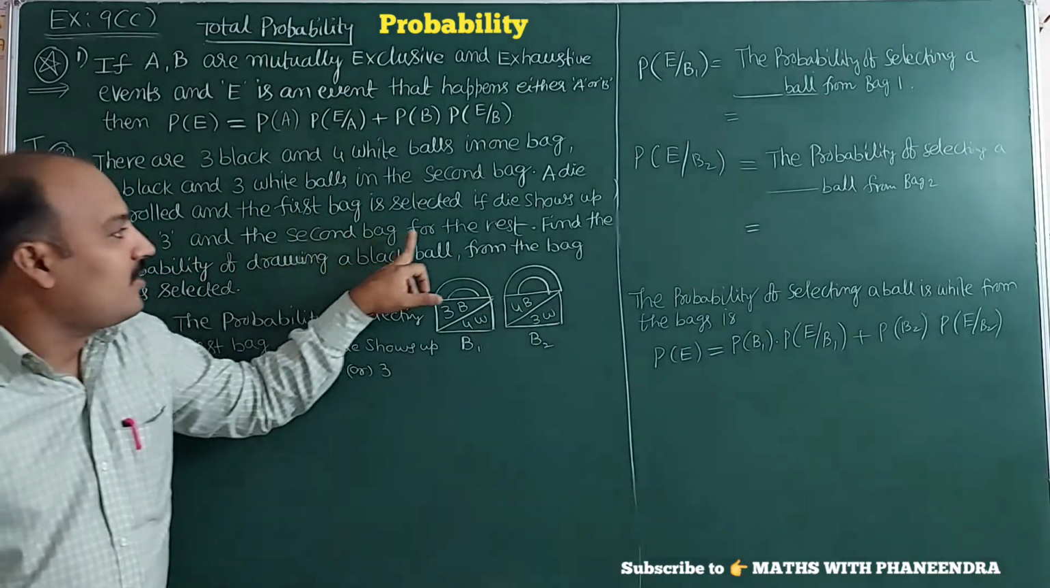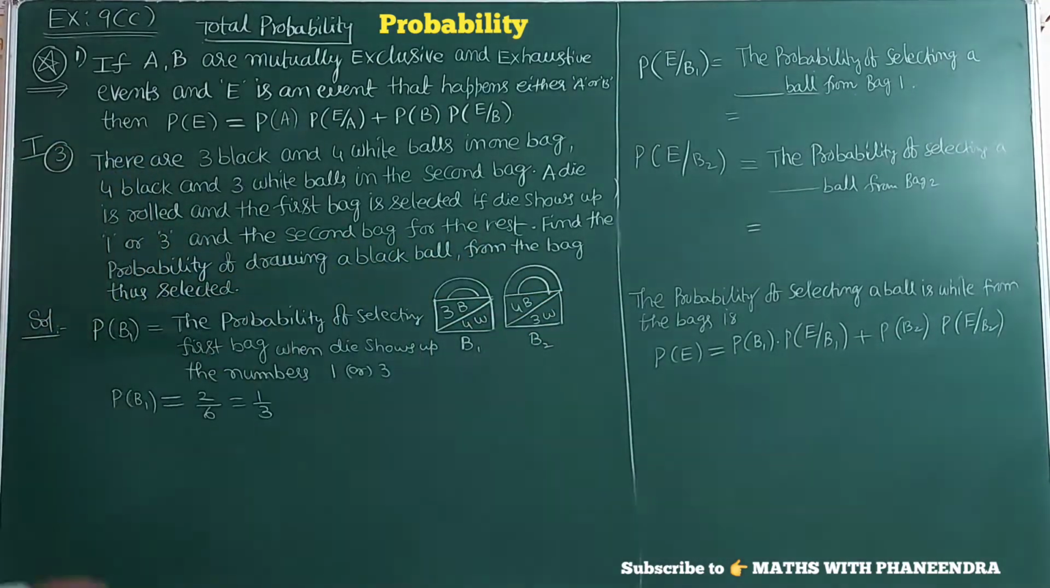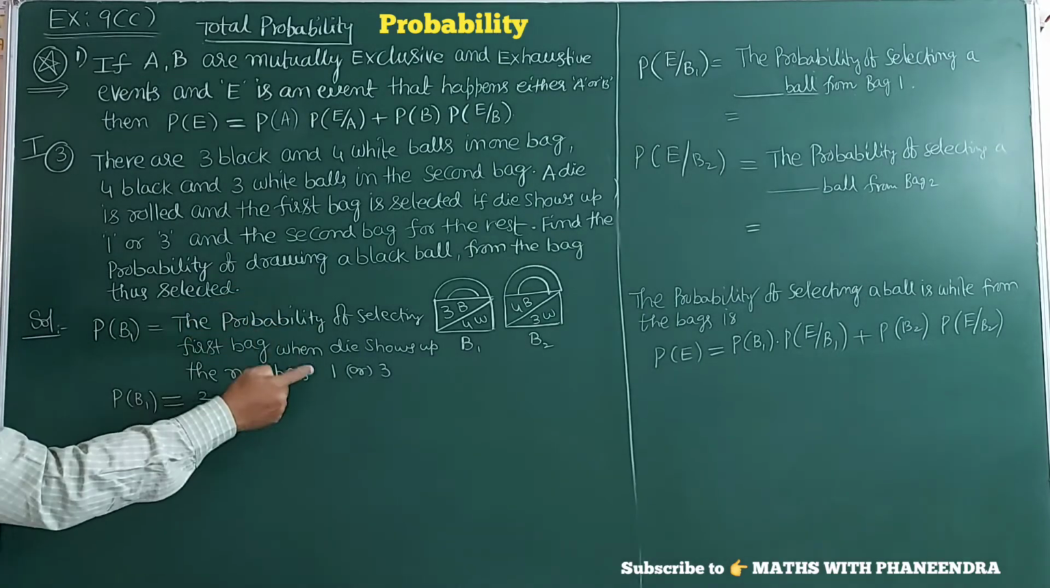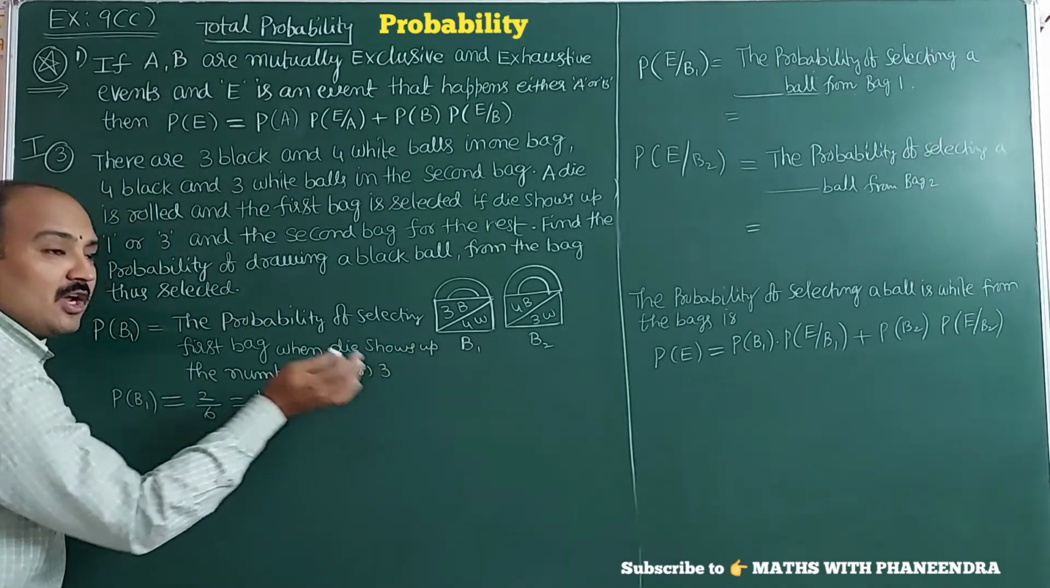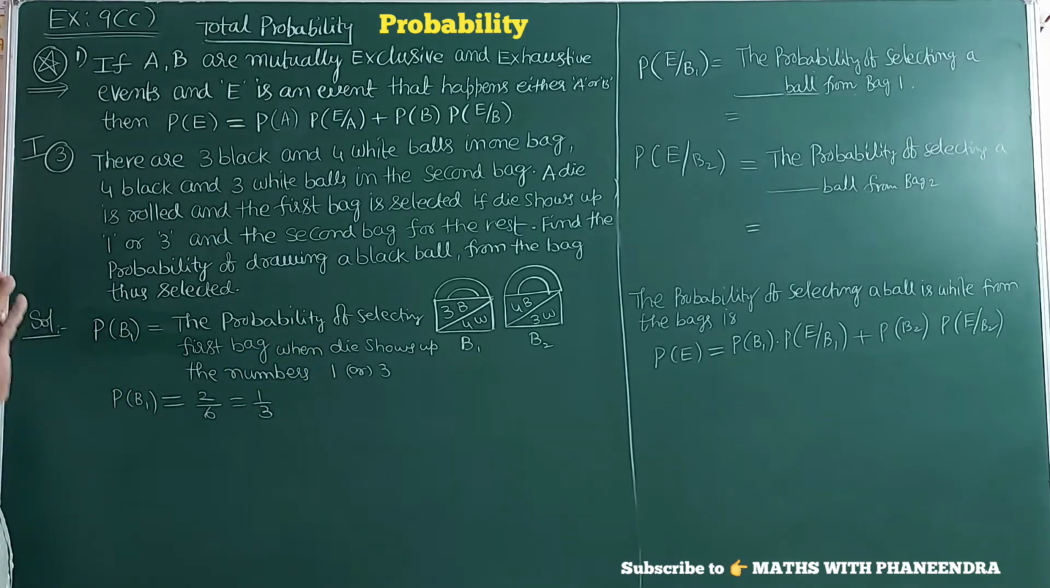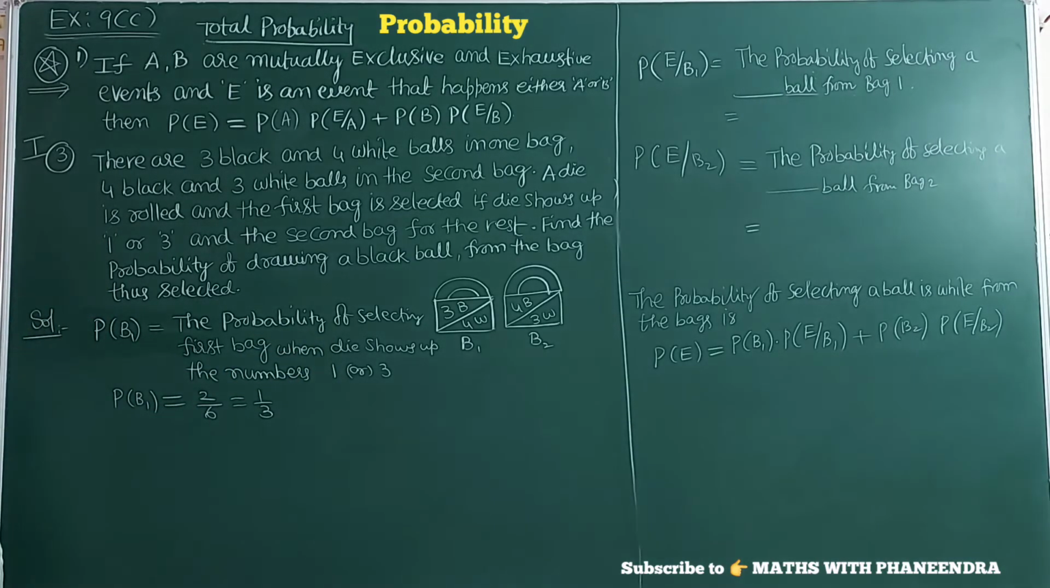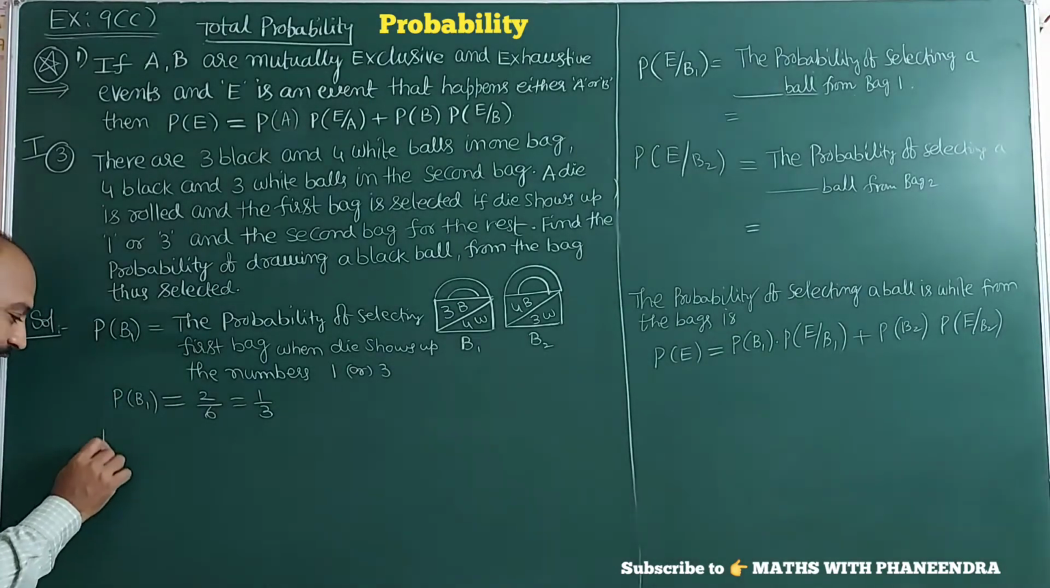And the second bag for the rest. That means the probability of selecting the second bag is when the die shows either a number other than 1 or 3. What are the possibilities? 2, 4, 5 and 6. So P of B2,